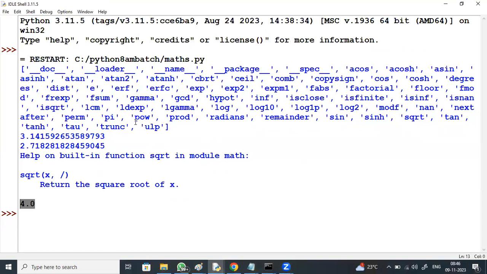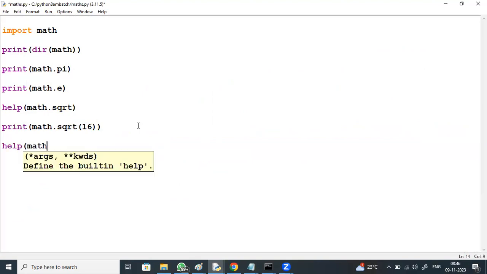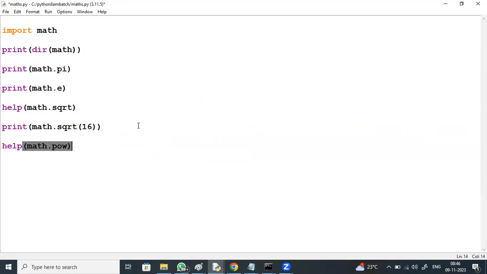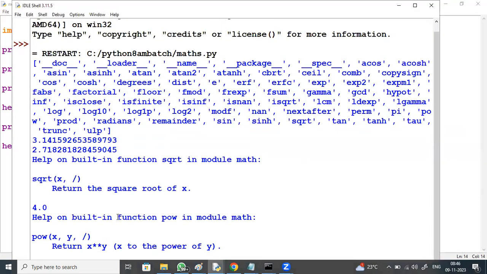POW is there. You don't know how to work with POW? Just say help on math dot pow. Now check it. It's going to give the syntax of this pow. Help on built-in function pow in module math. Pow x comma y.